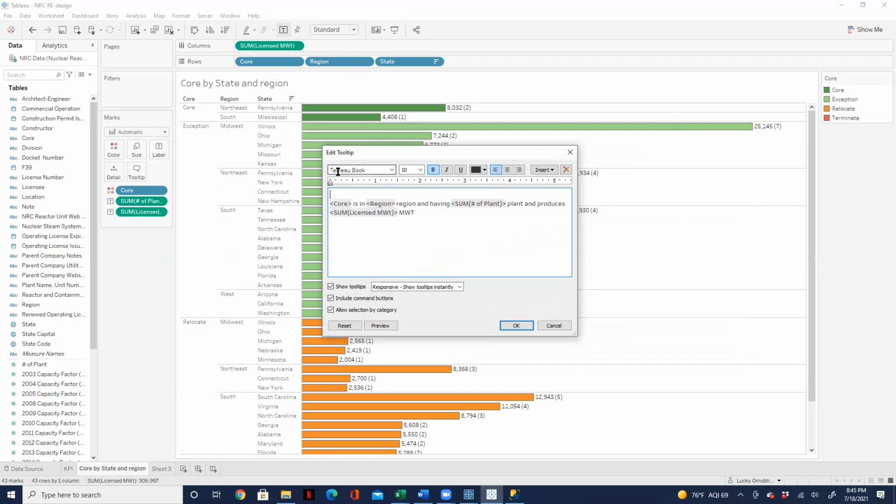This state is in the... I'll copy this region again because I'm trying to make a statement. I'll put this here. In this region, and it's a, so Tableau will pick whatever, and it does this, having